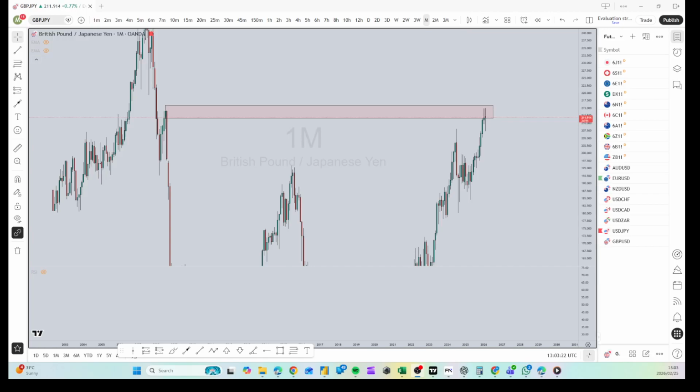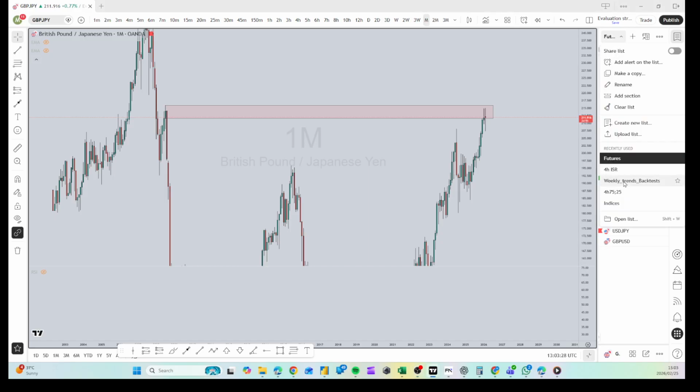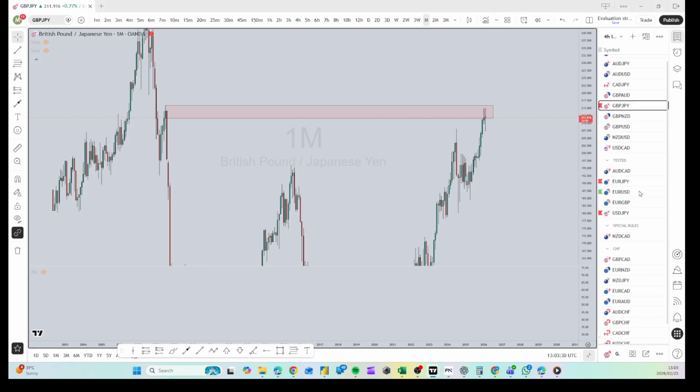Hi guys, so we're gonna be looking at a couple of trade ideas. These are the trade ideas that I have: the pound JPY, euro JPY, USD JPY. These are all gonna be shorts. So I'm heavily bullish